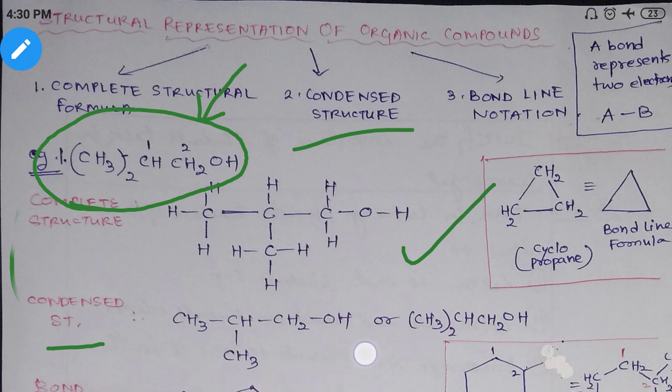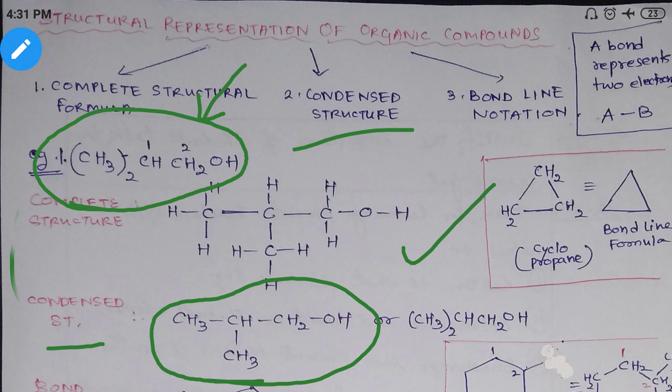So this is the condensed structure, right? Here you can see only the atoms are shown. You can write like this, मतलब जितना short लिख सकते हो वही condensed structure है. Or you can write like this also. ये भी लिख सकते हो, लेकिन इसमें you can see these bonds are shown, right? So one more perfect way is this one.